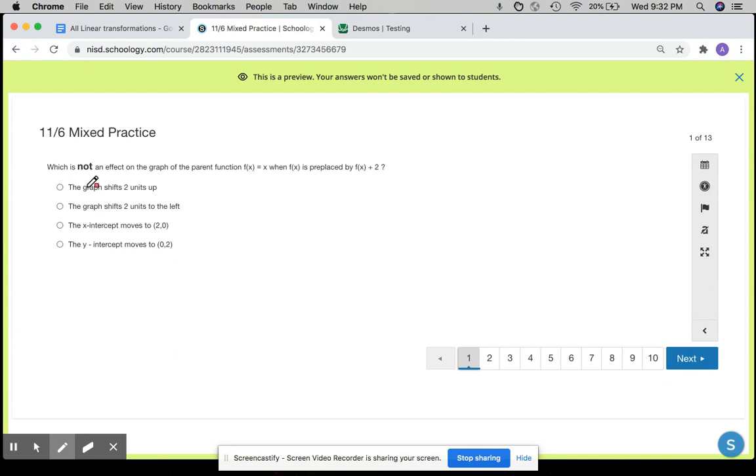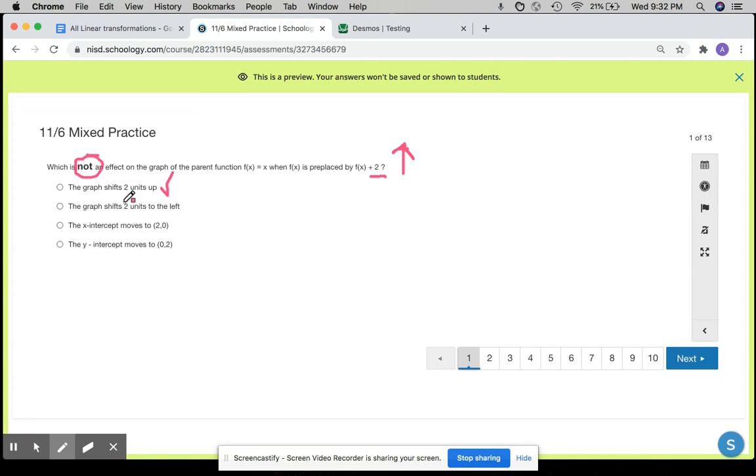Which is not an effect of the graph from the parent function f of x equals x when f of x is replaced by f of x plus 2? So when I see f of x plus 2 on the outside, you want to recognize that this is going to move my graph up or down. Since it's plus 2, it's moving up 2. So the graph shifts 2 units up. That is correct. I'm looking for something that's not